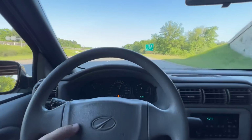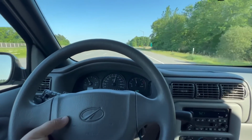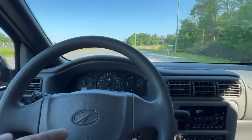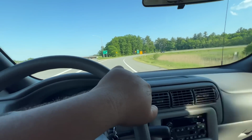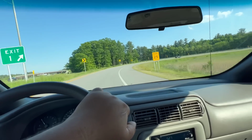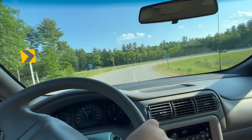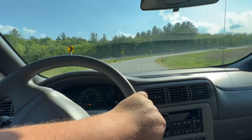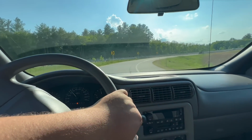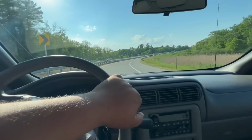You know, when I get the offbeat cars and trucks or vans or SUVs like this, I'm always excited to hear the next owner's plans, like with my conversion vans, or when I had that little Pontiac Vibe, I sold that to a repeat customer who just wanted a nice clean car for her son. Obviously this might not be the most ideal first car or cheap car for a kid, but